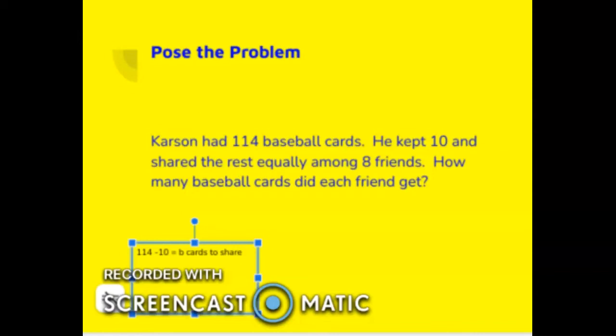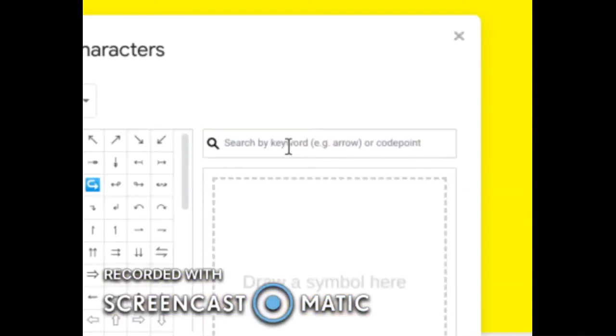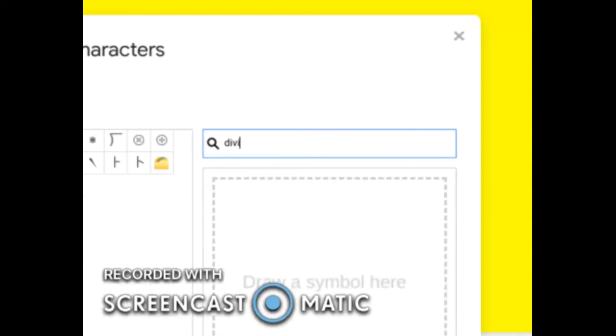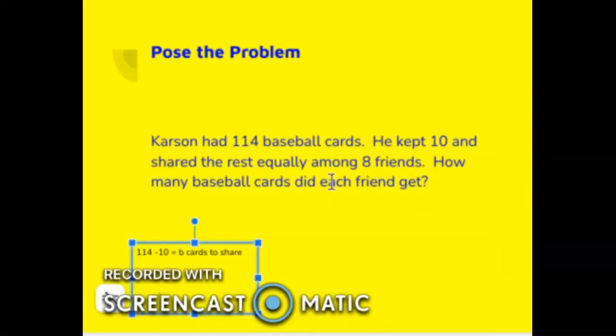So I'm going to go ahead and put in a division sign because I know that I'm going to be dividing here. And remember, you can type those in and it'll give you that pretty little sign, and you don't have to try to figure out how to make one. So I'm going to use division, and I'm going to put that here. I'm going to divide, and I know that I'm dividing by 8 friends, and that should equal